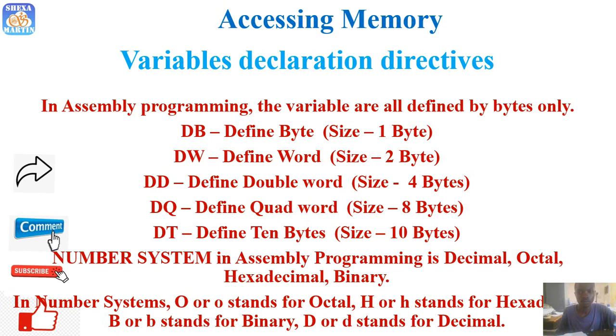H for hexadecimal, it's not case sensitive. B stands for binary. D for decimal. So these are not case sensitive. So these are the directives, and these are the number systems that we have and that we are going to use in this lecture and in programming